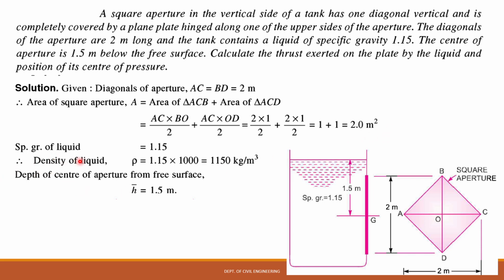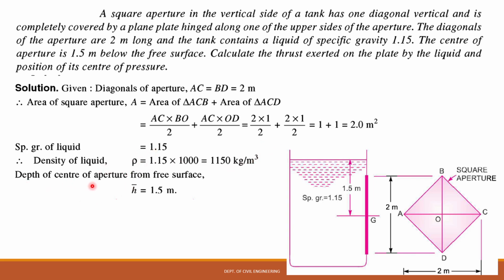Okay, the specific gravity of liquid is given 1.15. Density of the liquid, yeah, we have discussed in the class that density of a fluid is equal to specific gravity of that fluid into density of standard fluid. Here it is liquid, isn't it? Yeah, it is liquid. So we'll take the standard liquid as water. So 1.15 specific gravity into density of water 1000 kg per meter cube. So you'll be getting the density of liquid as 1150 kg per meter cube. We got the value of density.